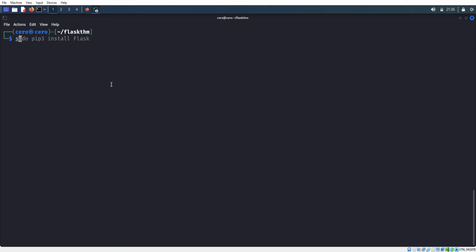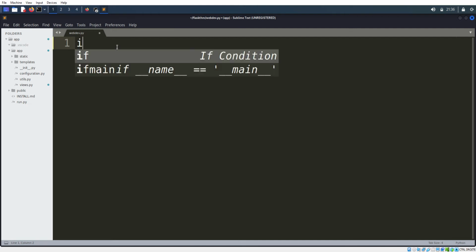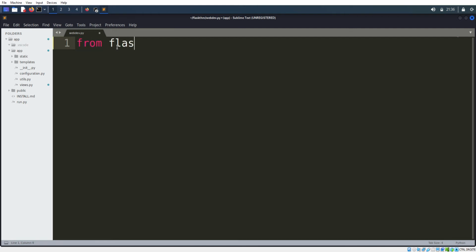So let's create a script. Let's name it webdev.py. And let me zoom in a little bit. Okay, so the first thing we want to do is from Flask import,